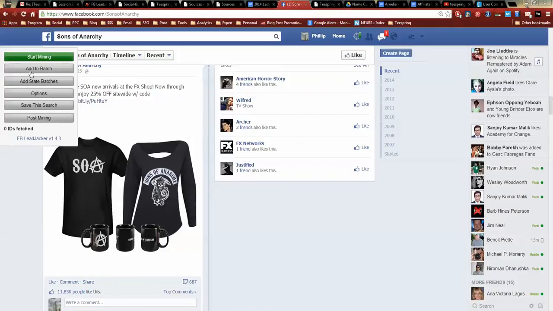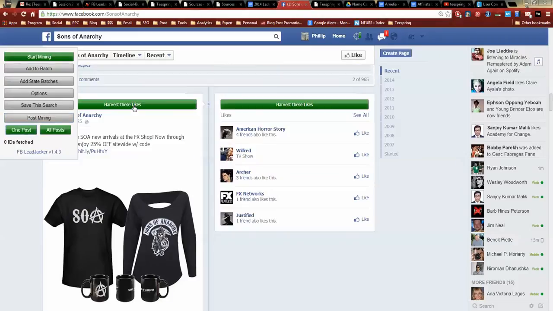So anyway, back to the tutorial. We're going to go to post mining, and you can do one post, which is what we'll do for the sake of this tutorial, or you could do all posts. If you wanted to grab the entire active audience of a page, you could do that. I'll show you that in just a second. So we do one post, and we'll harvest these likes,